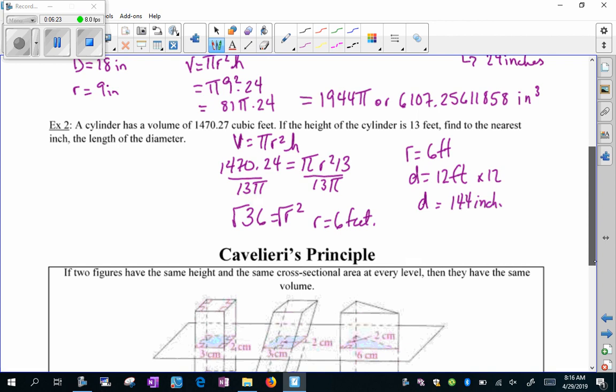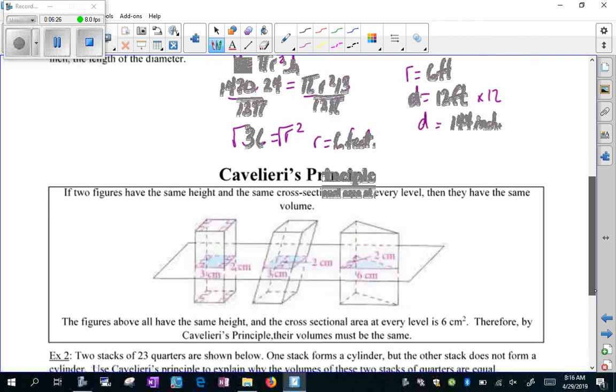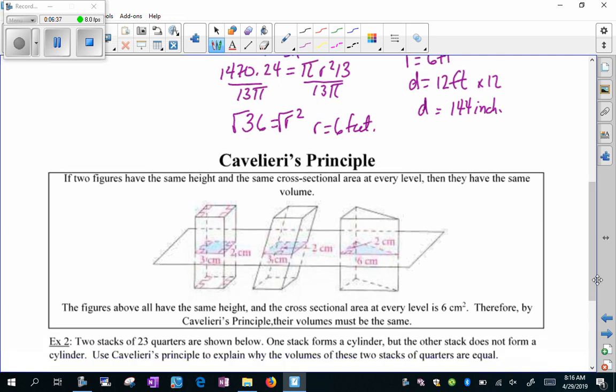Okay, let's go down to Cavalieri's principle. Very important. It says if two figures have the same height and the same cross-sectional area at every level, then they have the same volume. This may seem simple enough in theory, but it's actually pretty cool. If I'm looking at my first rectangular prism, the base of it is a 3x2, and my second one, that base cross section is also a 3x2, and they are the same height. So even though the second rectangular prism is slanted,